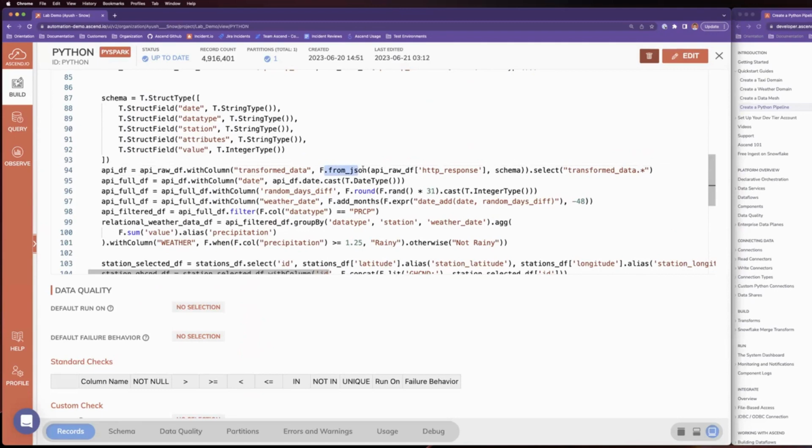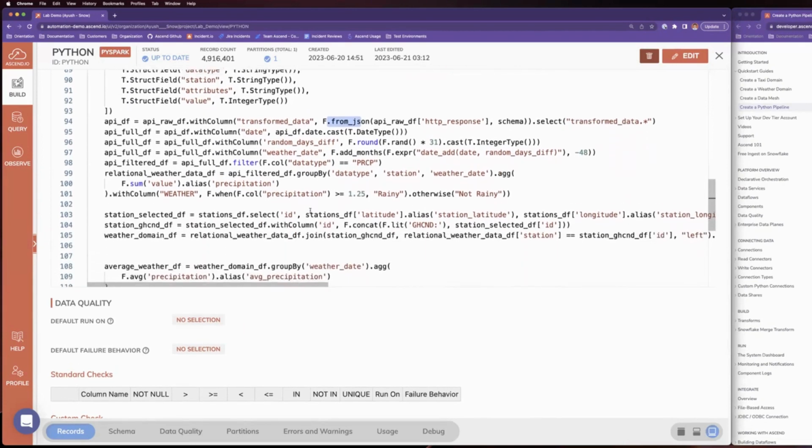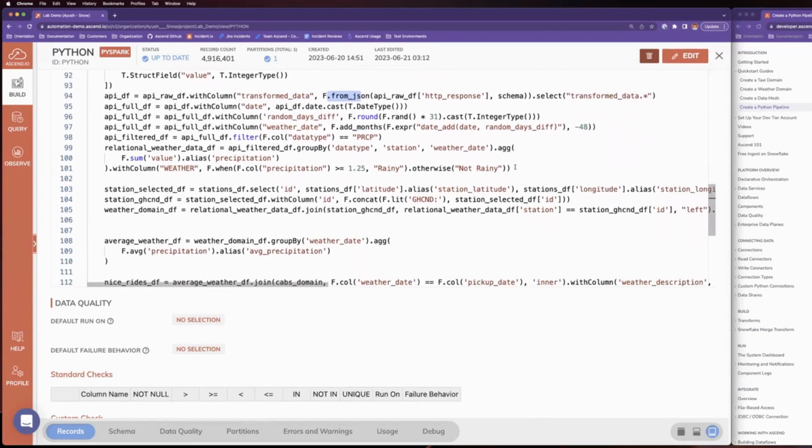For other APIs, you may not necessarily have a JSON string, but you have other formats that you need to parse through. For those purposes, there are multiple different libraries that you can use. Snowpark will provide it, PySpark will provide it. There will be a bunch of values that you can iterate on. But similarly, this is how we parse through that column of strings for JSON values, and then eventually get what we need.